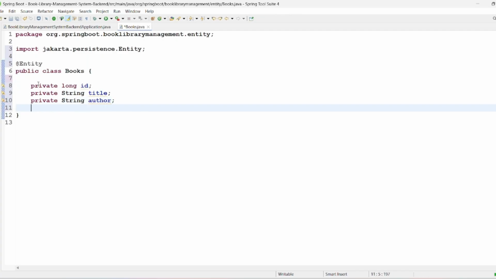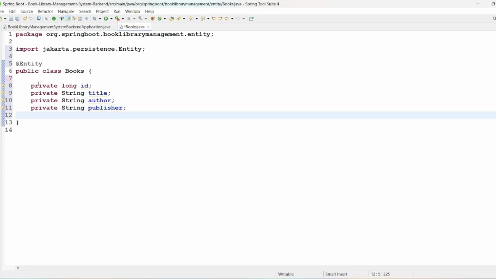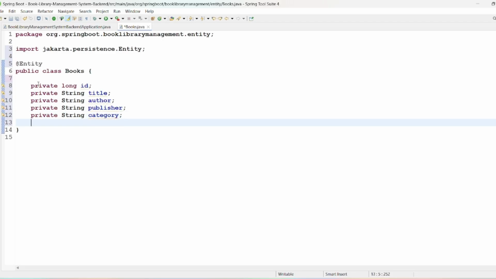After this, we need a private string publisher, since a book should have a publisher. Also, we need a private string category, since a book should have a category, then private string